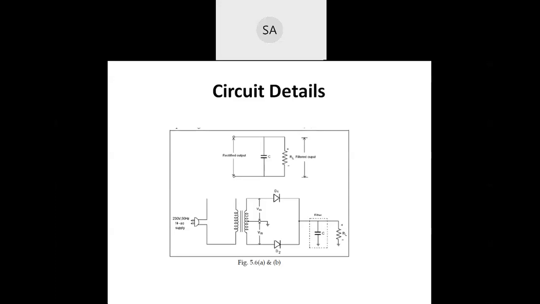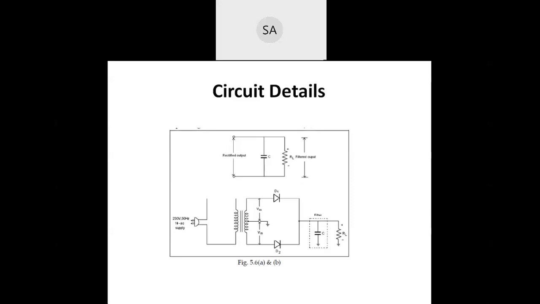Once it reaches the voltage Vm, the diode D1 becomes reverse biased and the capacitor will discharge to the level at which diode D2 becomes forward biased. When diode D2 becomes forward biased, the capacitor is charged again from point B to point C. Once it reaches the maximum voltage Vm, D2 becomes reverse biased and then D1 will be conducting.